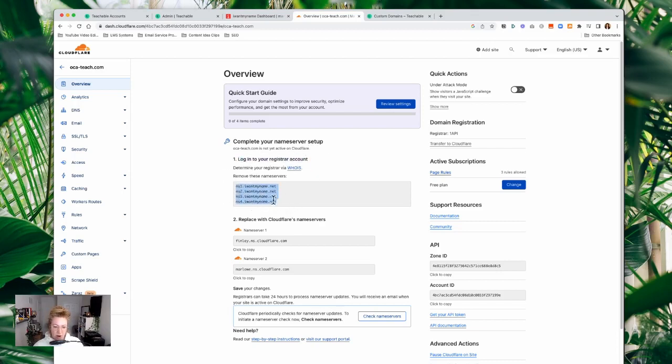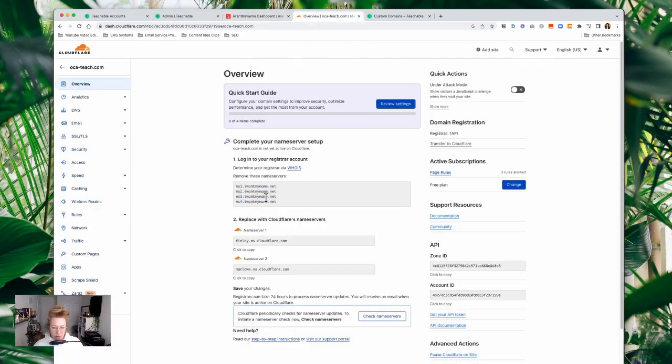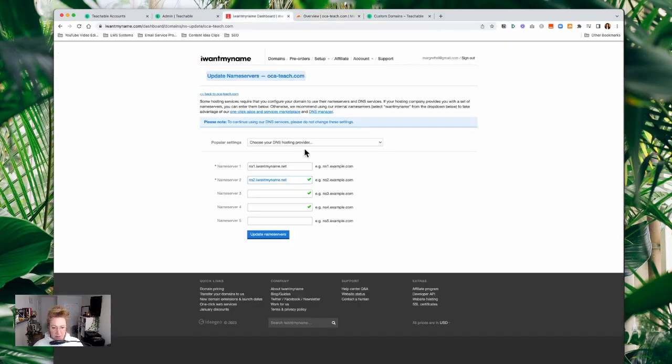Now, these were our 4 name servers because it's able to grab those. I deleted the bottom 2 because we're just going to replace 2 of them. So it's able to read those, and then it's giving me some direction. We want to replace those with the Cloudflare ones. So here,